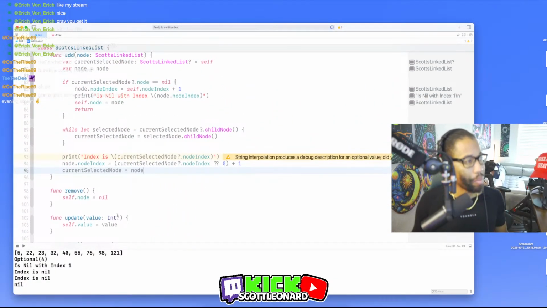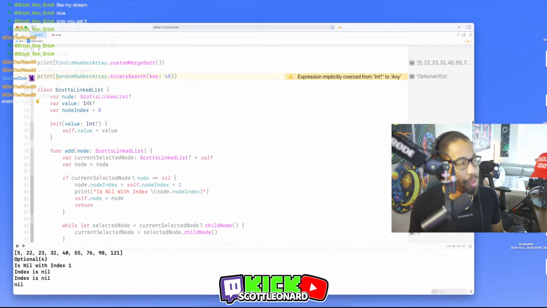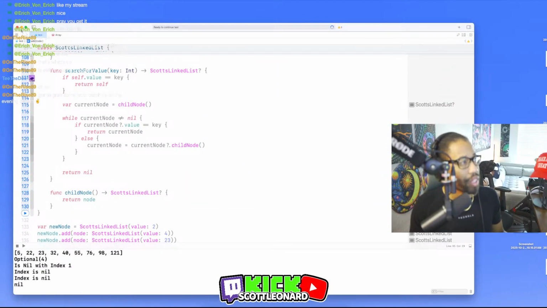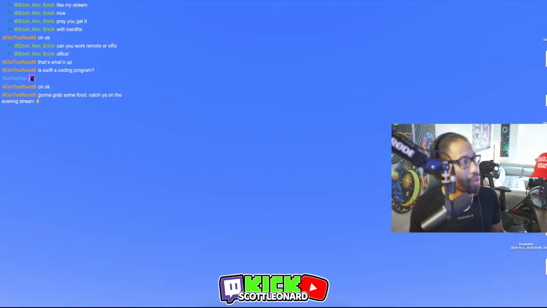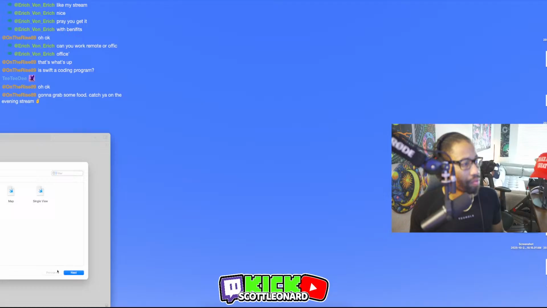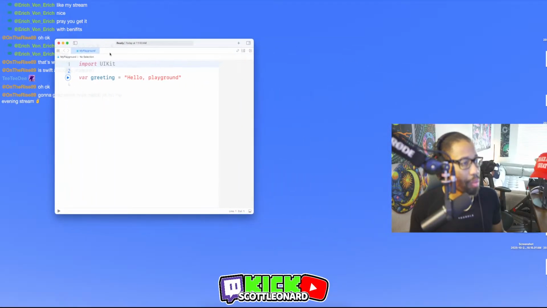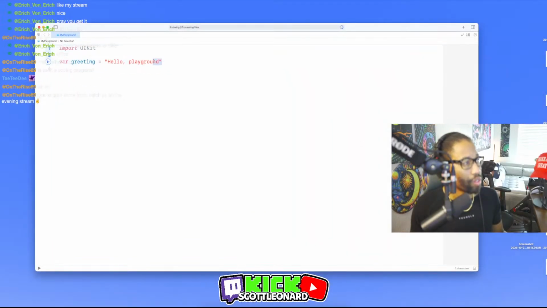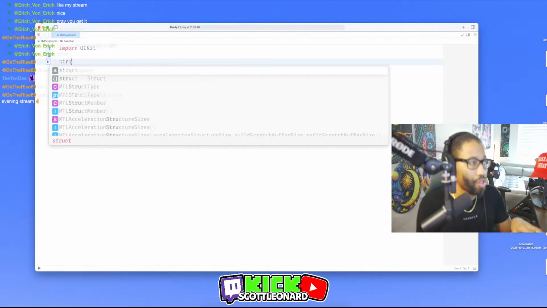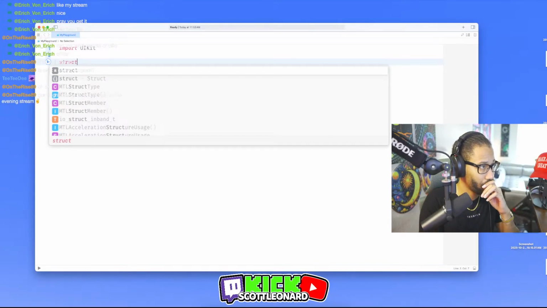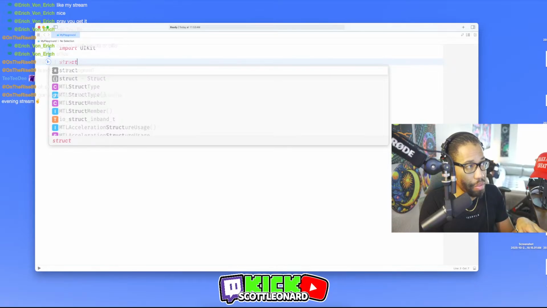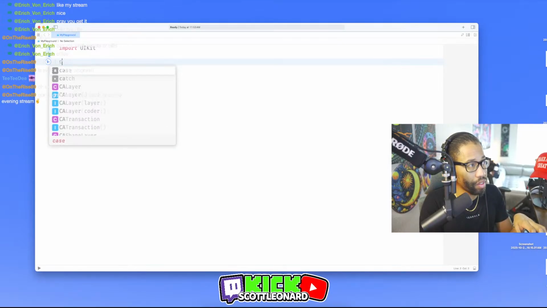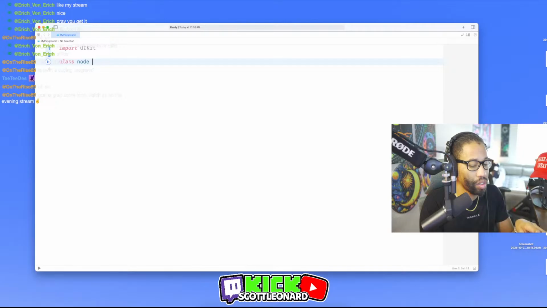I'm lost on this one, chat. But either way, this structure is not properly formatted. So let's just do it the right way. Open a new one. No point in fighting with it if it's not done properly. So what you're supposed to do is do something like this. Struct, right? No, it has to be a class. I don't think it can be a struct actually, but class, node.